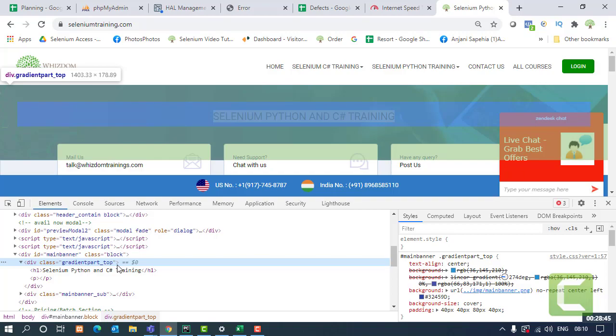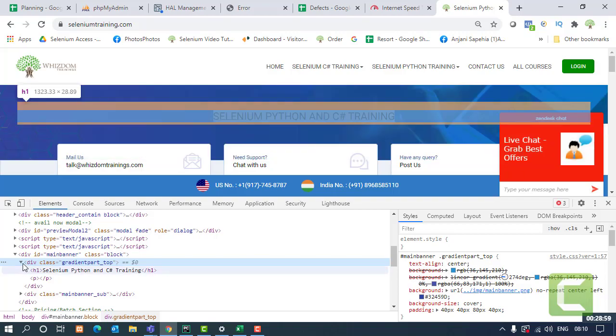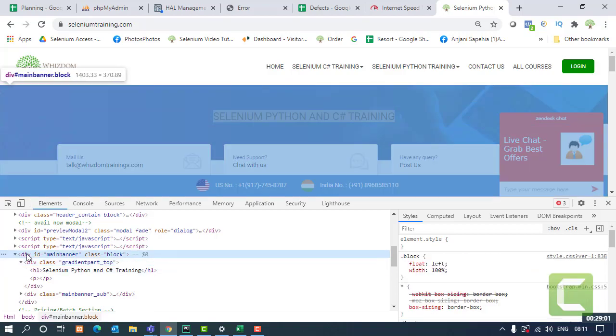No, we cannot use this particular optional attribute for unique identification of an element. It is a class. It may be shared by other elements on the page as well. So we will not use this. We'll do one more thing. We'll go to the upper tag of that tag as well. Now this is a tag which has an optional attribute associated, that has an ID. So my partial XPath will start being made from here only. This is the difference between the complete XPath and the partial XPath.